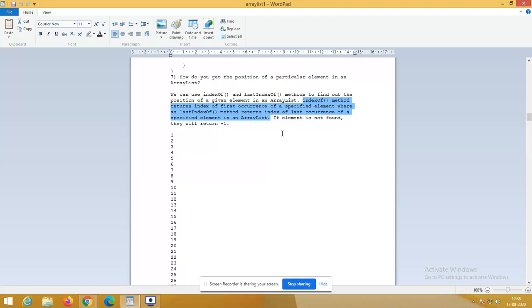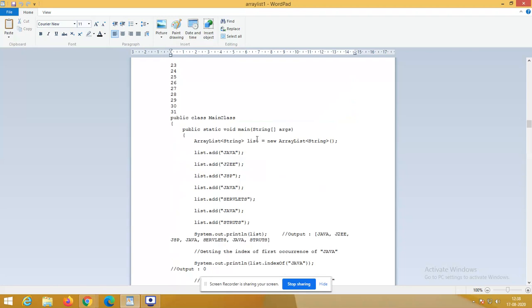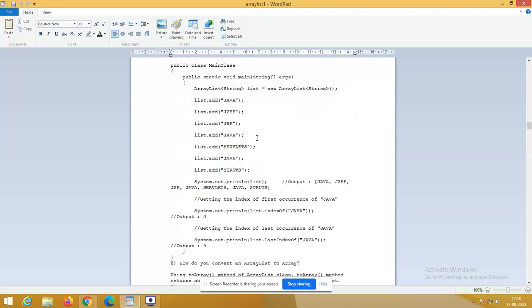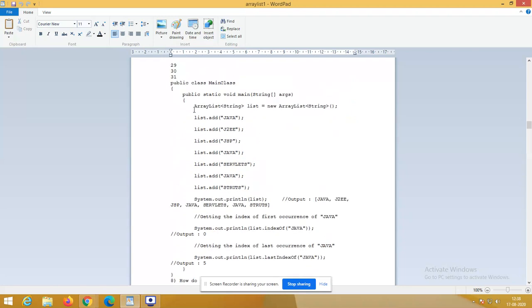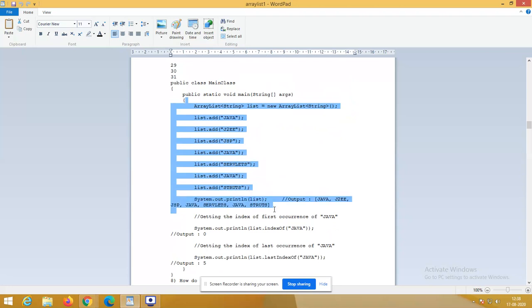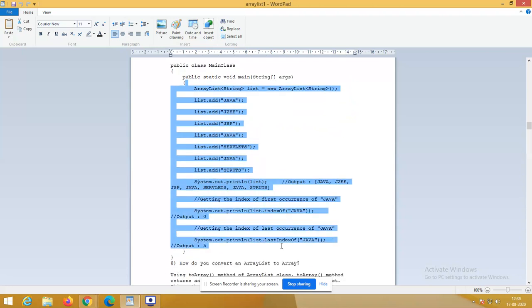indexOf means it will return the first position of the corresponding element in the given list. lastIndexOf means that if the element occurred n number of times, it is going to fetch me the nth position. That's the difference between indexOf and lastIndexOf. These are the two methods. So let us execute and see how it gives us output. Don't worry about this very big program; since we are using strings, it is going to give us a very big output.